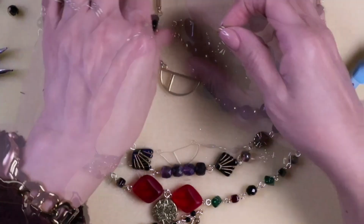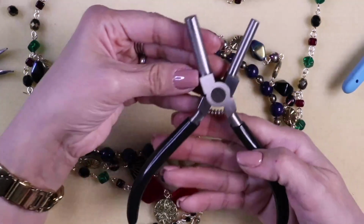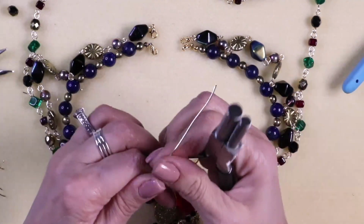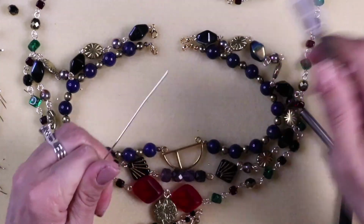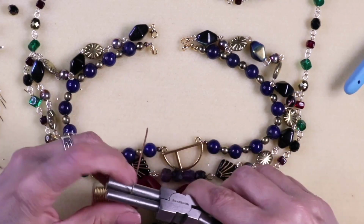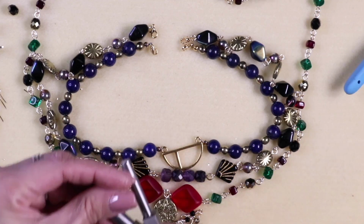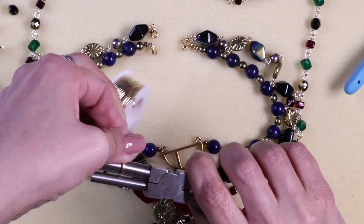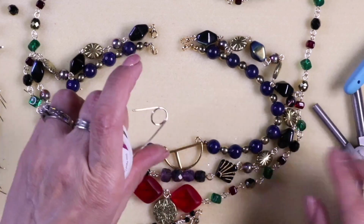And then for the top here, because you have these lobster clasps, all you have to do is make, see, I'm going to grab this bail making pliers, and then grab the 18 gauge again and straighten that out with your nylon jaw pliers. Like that. And then I'm just going to go around, there we go. And I am going to double it like that so we have a more secure